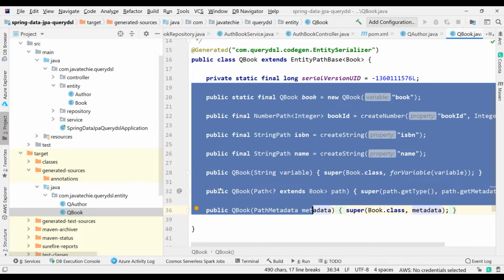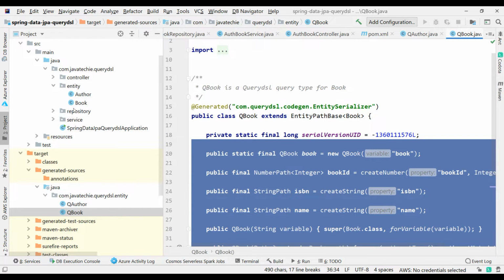Now if you observe this project, we have two things: Spring Data JPA as well as QueryDSL. We'll use Spring Data JPA to perform the plain CRUD operations, which are create, update, delete and retrieve. But we'll use QueryDSL to write complex queries. Since we have author and book as two entities, and one author can have multiple books based on the one-to-many association mapping, we can perform some join or fetch join scenarios using QueryDSL.